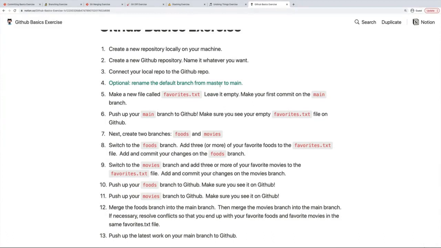So you'll make a new file, favorites.txt, leave it empty, make your first commit on the main branch. Then push up that main branch to GitHub. So make sure that you see your empty file on GitHub. Then the next bit is to make two branches, a foods branch and a movies branch, both based on the